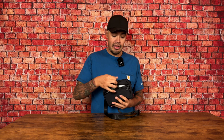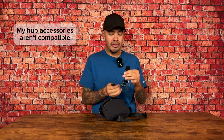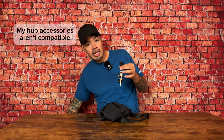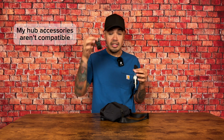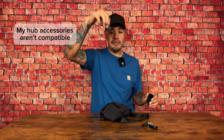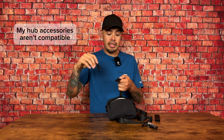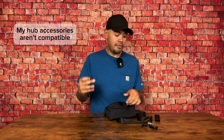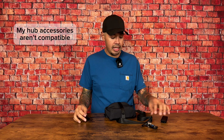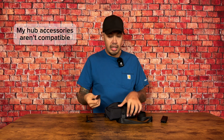The first one being the key leash in the front pocket. The fact that it's not compatible with the ALPAKA's own hub system is kind of strange to me. Now, I know a lot of people already have money invested in the hub system, like myself. So I have one of these already living on one of my keychains, and I would have loved to take this and been able to connect it here and seamlessly go between my different hub products, but that's not the case. It's a different style of connection point, and while it looks nice and looks premium, it's just not